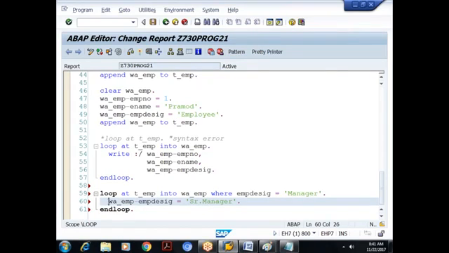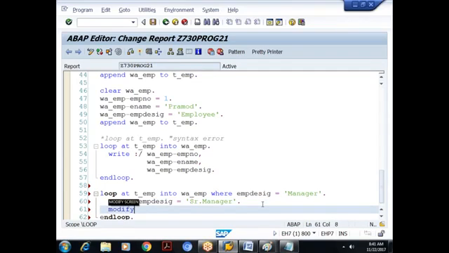Where I am doing the changes? In the work area, not in the internal table, but I should reflect it in the internal table. So I'll use a statement called MODIFY. What is the internal table name? T_EMP from W_EMP.